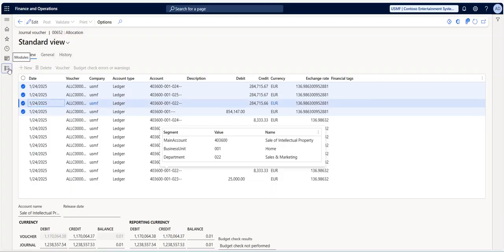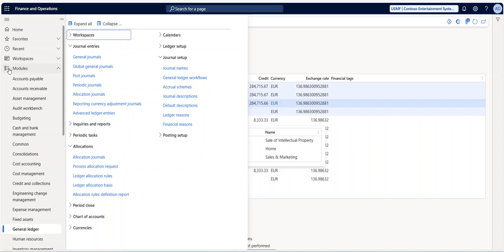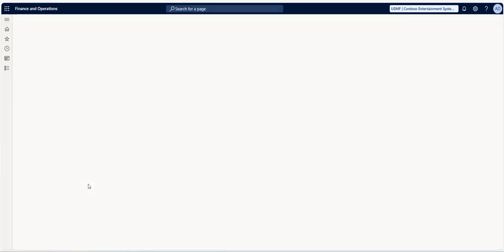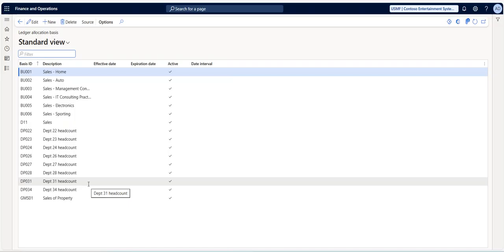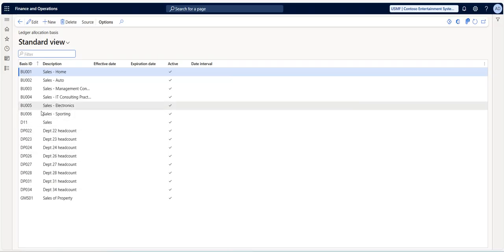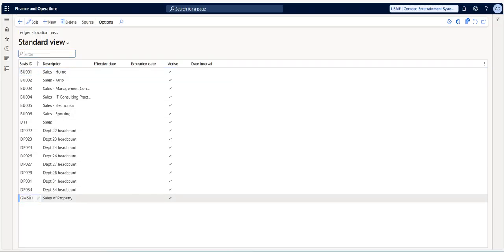So first, for the ledger allocation process, we have two major rules which we need to define. One is ledger allocation basis and the other is ledger allocation rules. Okay. So first we went to the ledger allocation basis. Here I have created a new record called GMS01, that is sale of